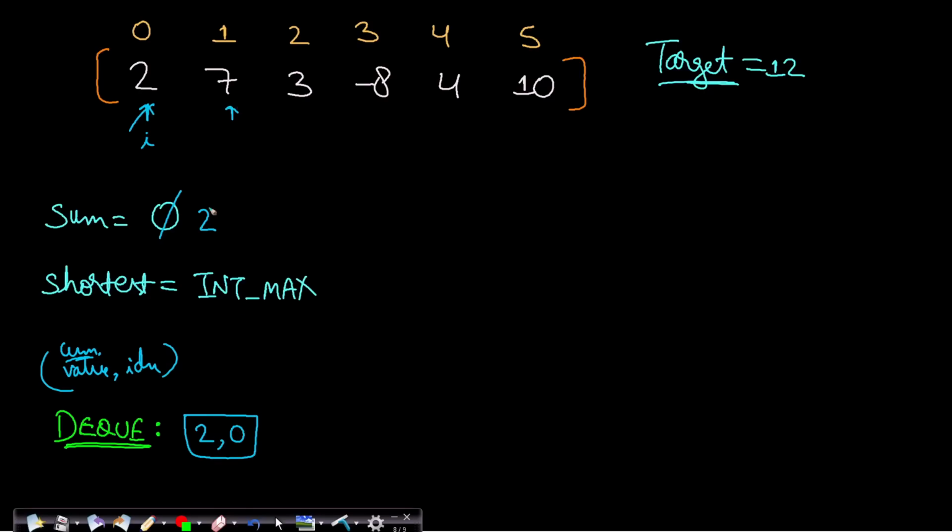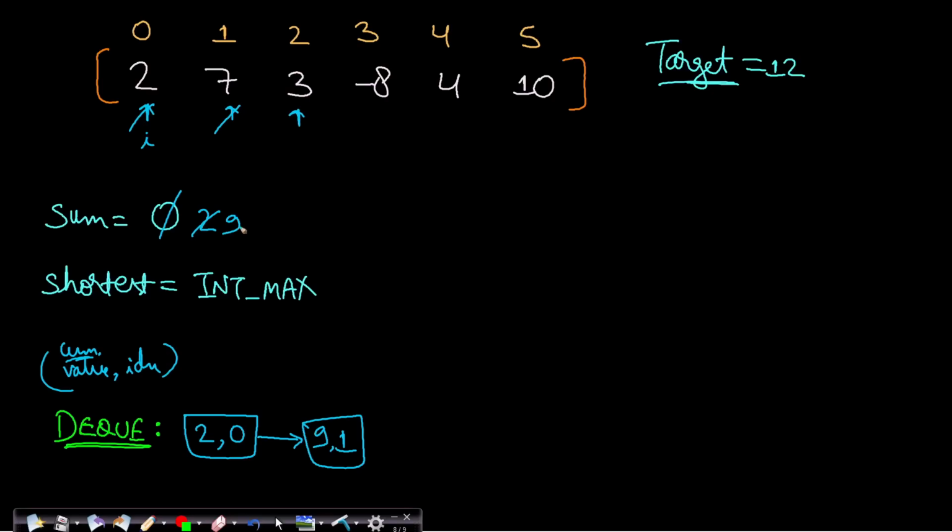Move on to the next element, and the sum becomes 7 plus 2, which is 9. Now is 9 greater than your target? No, it is not greater than your target. Now the next thing you can do is compare with the first element of the DQ, so that you can find the subarray sum. In this case, 9 minus 2 will be 7, and again it will not be greater than or equal to your target. So just push 9, because 9 is maintaining the increasing order of the stack. I mean, it is not a stack, it is a DQ. It will maintain the monotonically increasing order. 9 can sit over 2 because 9 is greater than 2.